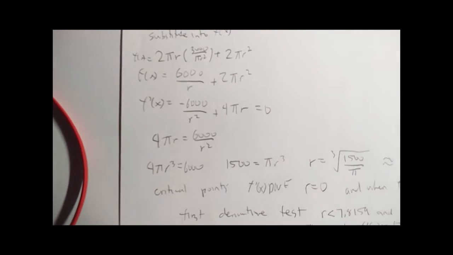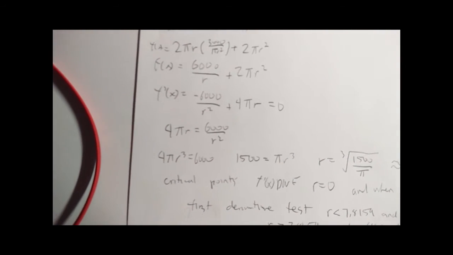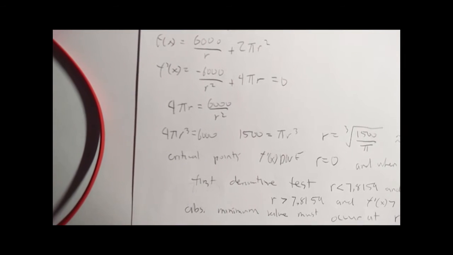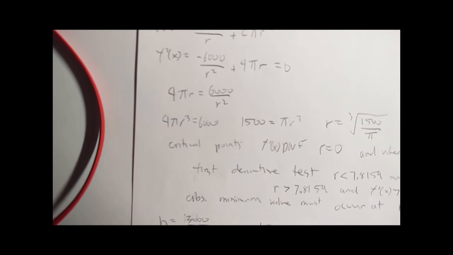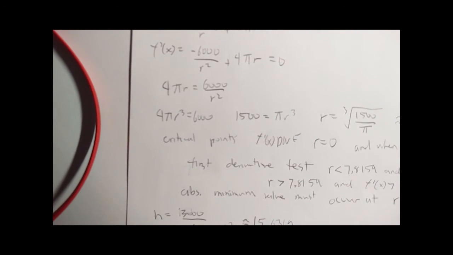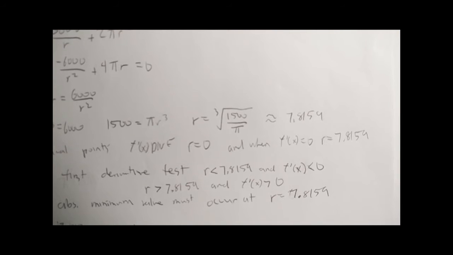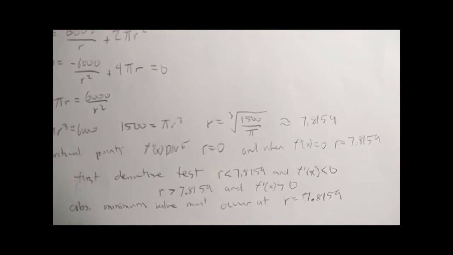F prime of x would be negative 6000 over r squared plus 4 pi r, and then it equals 0 because we want to find the critical numbers. Therefore, 4 pi r equals 6,000 over r squared. Then we get 1,500 equals pi r cubed, and then solving for r, we get a value that is about